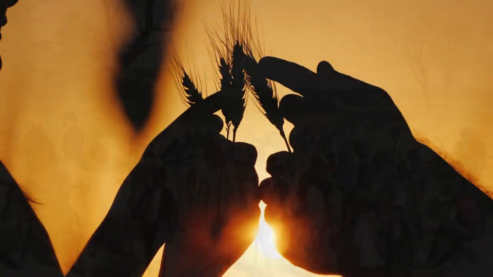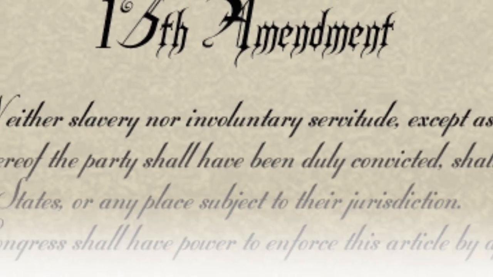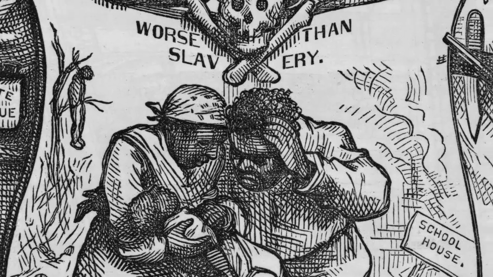For centuries they had been somebody else's property, and now, the country that put them down for so long was giving them the opportunity to have the semblance of a normal life. None of this is better shown than the 13th Amendment, which legally freed around 4 million enslaved people. At the same time, some states made new systems to exploit them.